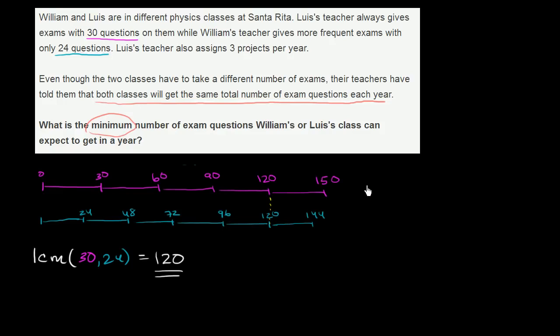Now, there's other ways that you can find the least common multiple other than just looking at the multiples like this. You could look at it through prime factorization. 30 is 2 times 15, which is 3 times 5. So we could say that 30 is equal to 2 times 3 times 5. And 24,